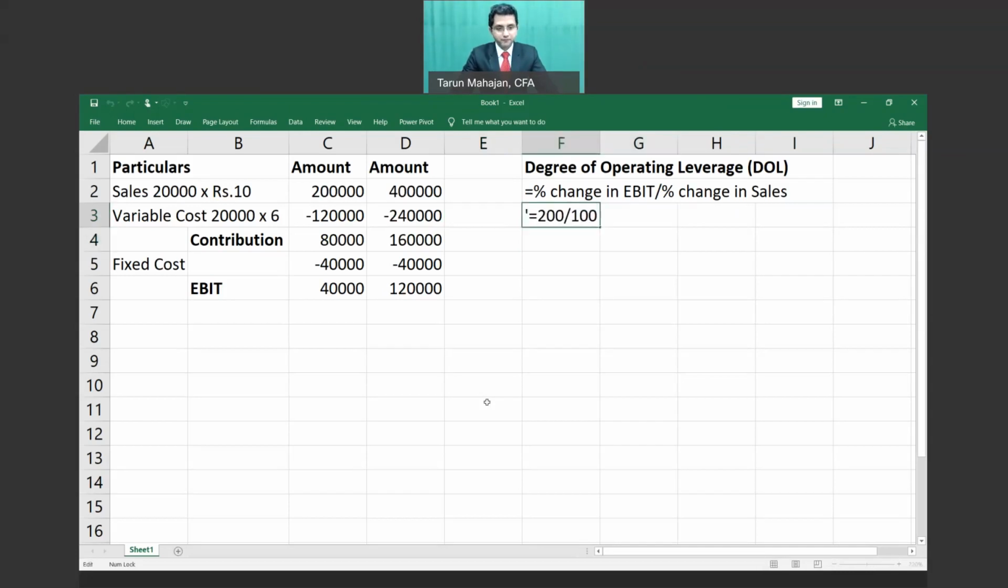Okay. This 2 is not 2% or 2 rupees. This 2 is simply 2 times. Okay. Now, what is the advantage of making this calculation? Advantage of making this calculation is that from the current level of sales, that is 2 lakh rupees,